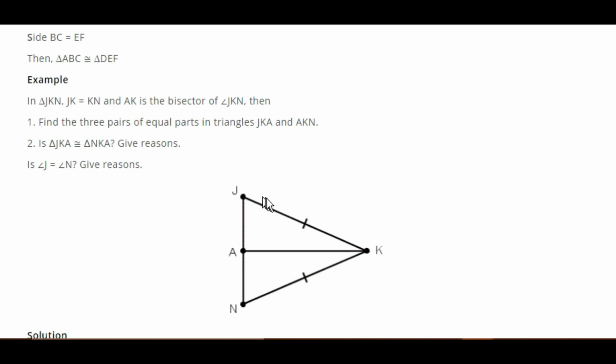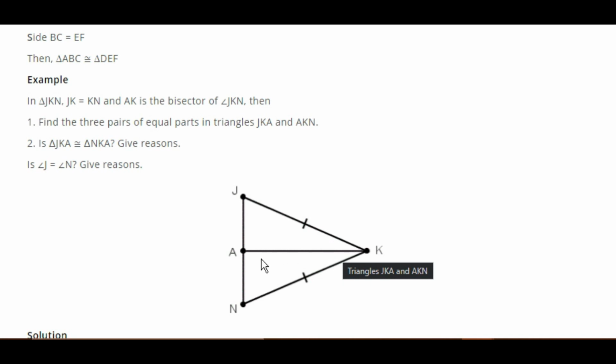This is angle JKN, and this line AK is the bisector of it. It means this side AK divides this angle into two parts. So here we get JK side equal, then angle JKA and this angle are equal, and afterward